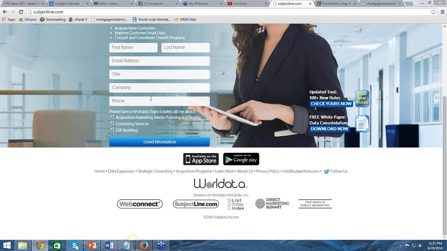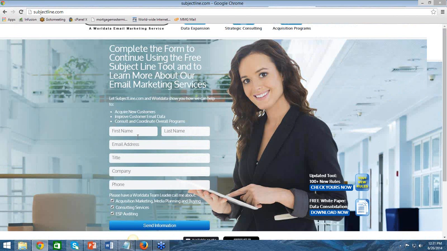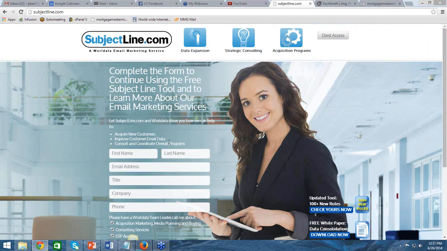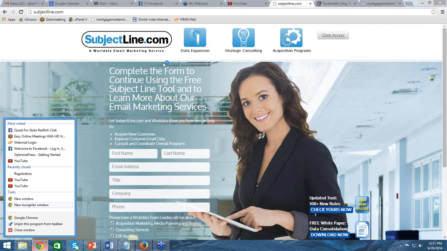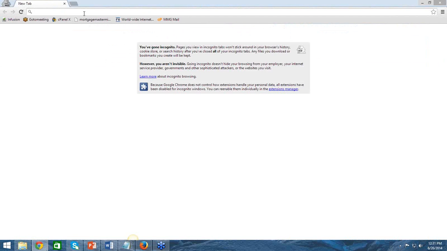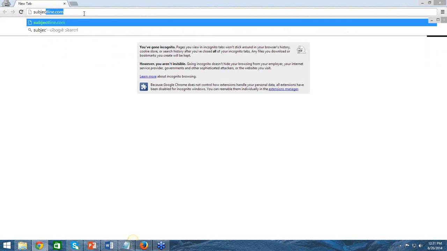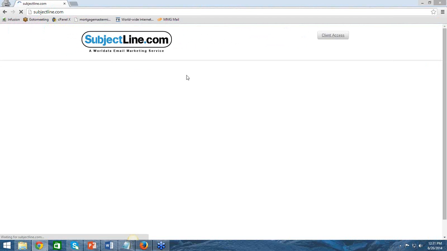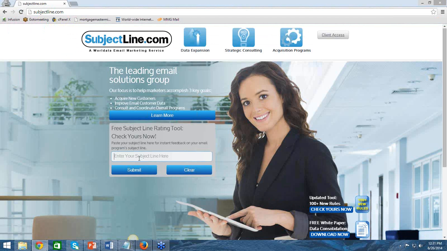Yeah, it's going to make me sign up. Now, you can sign up. I haven't signed up on the free download on this computer that I'm on since doing it, but you can sign up on that. What if I did this, though? I'm going to open up an incognito window that doesn't have me cookied, and I'm going to go to subjectline.com, and I'm going to say, what's going on in Tampa Bay